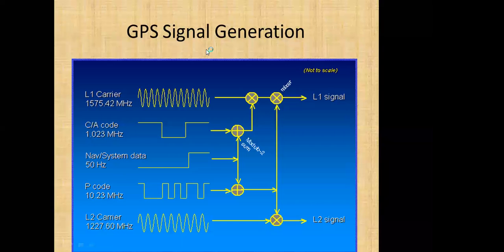But currently many technologies have come, and receivers can use the semi-codeless technique. That encrypted code is 40 milliseconds long. So up to 40 milliseconds, the user may know what the code is. After 40 milliseconds it will change. So the user can do semi-codeless tracking and can get a range on the P code also. Because the P code has a higher chip rate, 10.23 megachips per second, it is more precise than the C/A code, which is for civilians. Next.